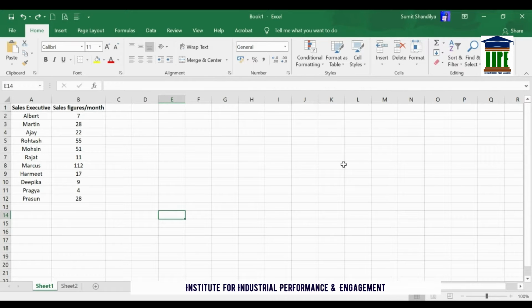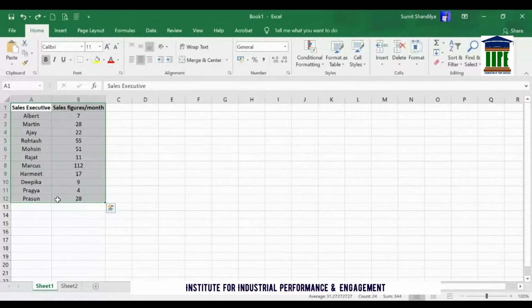Let us try to understand how to draw a Pareto chart in Microsoft Excel 2013 and above versions. In Microsoft Excel 2013 and above, drawing a Pareto chart is now one of the easiest tasks as there is a direct option of drawing this Pareto, unlike the earlier editions. So what you need to do is, just like drawing any other graph, select your entire data.